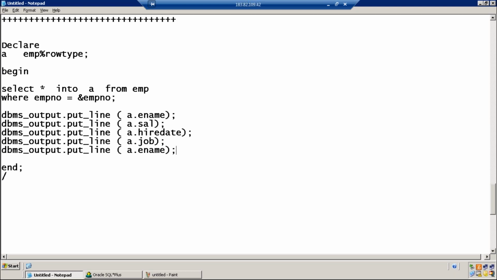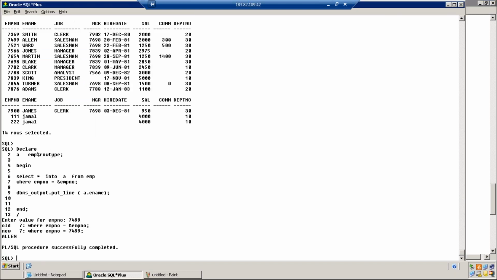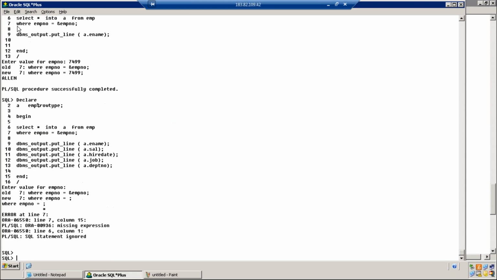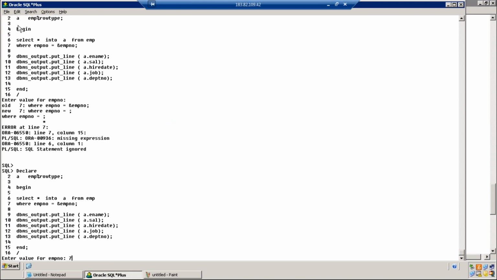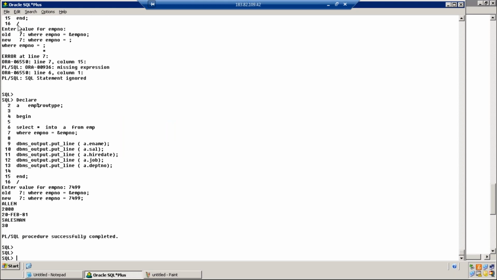You cannot directly print a row type variable. Instead, you can print one column of a row type variable, department number. Now I'm printing 5 columns. My row type variable is having 8 values, but I'm printing only the values I want in my program. Enter employee number, 7499. Are you able to get the 5 values? Perfect.